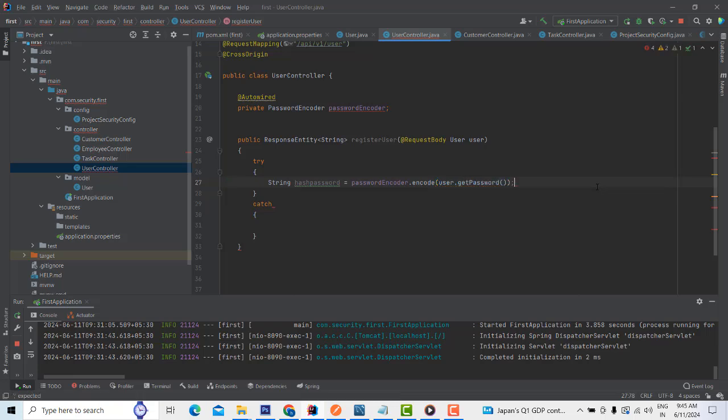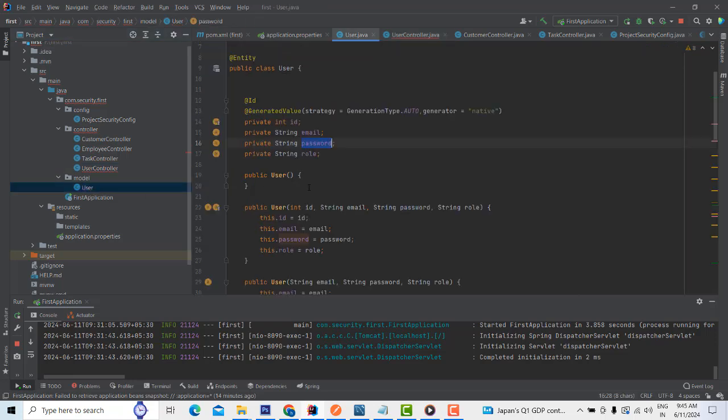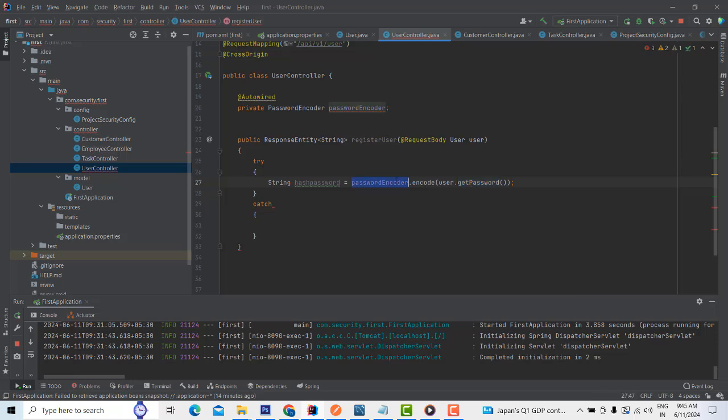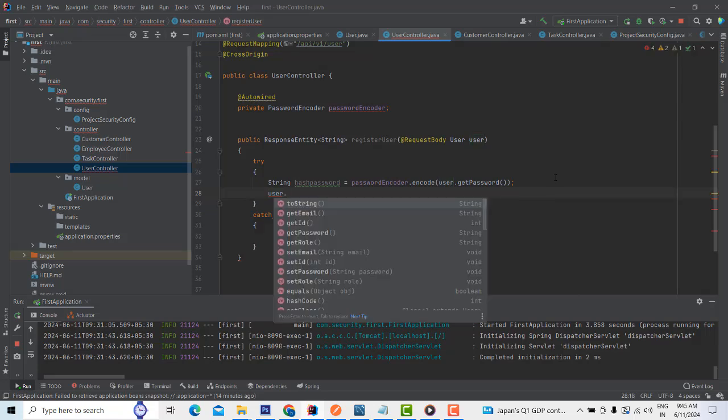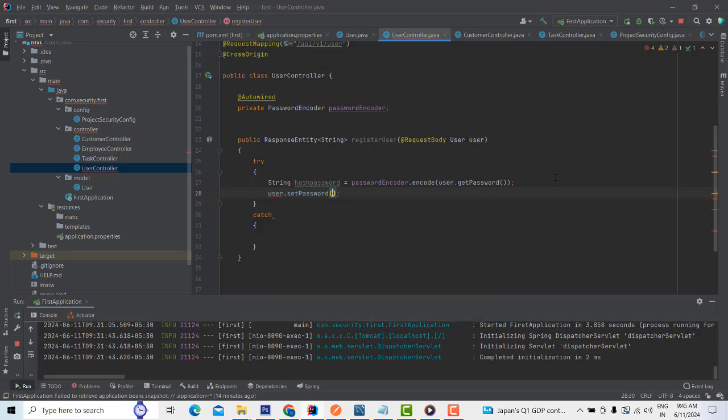You can see here in the user model there is a password. This password I'm going to encode. So you have to call the encoder. There is a method called encode. So user.getPassword, you have to encode it. Then you have to write user.setPassword, and set the hash password over here. After that, User saveUser equals